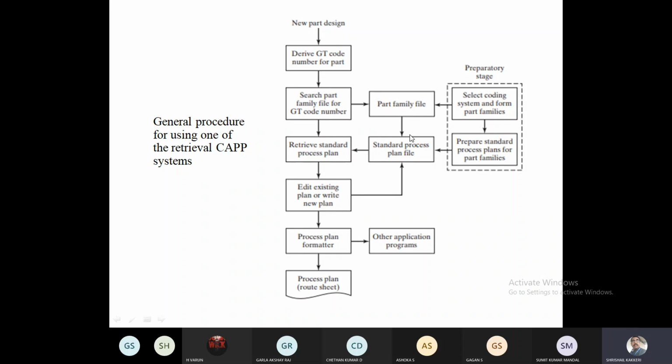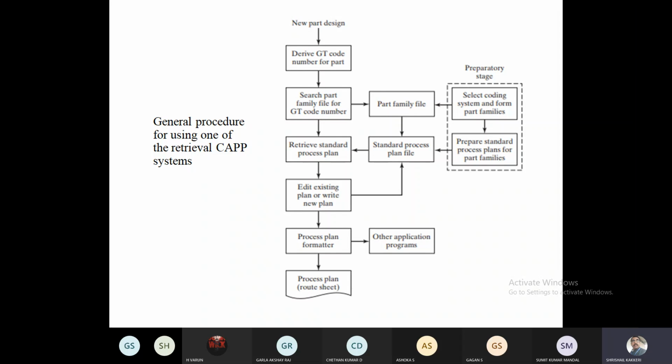These similar kinds of families will be coded with different code numbers, and those will be taken for the next process. Here they recall the available information from the database, and our input will be compared with this. Once after comparing, if the standard part families available in the GT coded numbers are definitely available, there is no change, then directly we are going to make the standard process sheet. Otherwise, the process planner will do a small editing operation and it will be sent for the next process, so that the process planning sheet is ready.